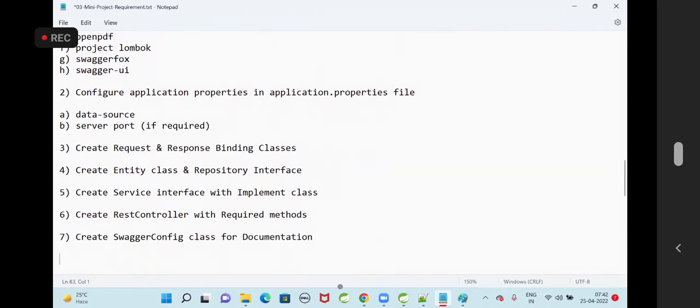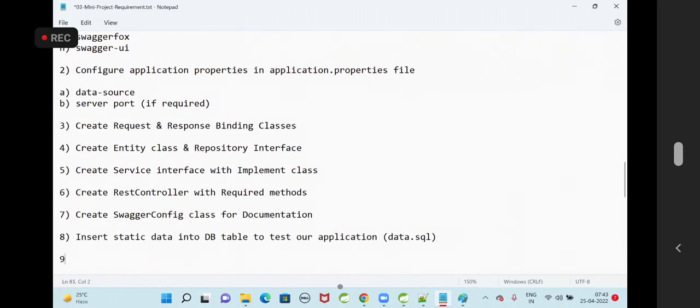Next one, insert static data into DB table to test our application. Here I'm going to use one file called data.sql. Then next one, run the application